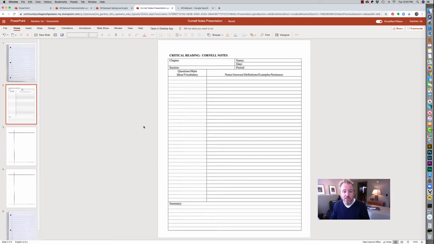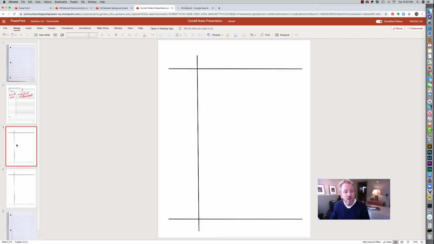I can find some Cornell note templates that would allow me to take some notes here and just say this is about whiteboard with PowerPoint. And over here, virtual classroom might be the concept. So I have a lot of different options here. I tend to like a very simple